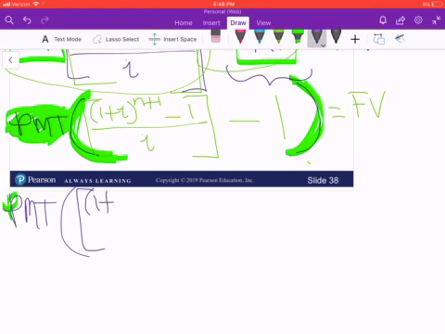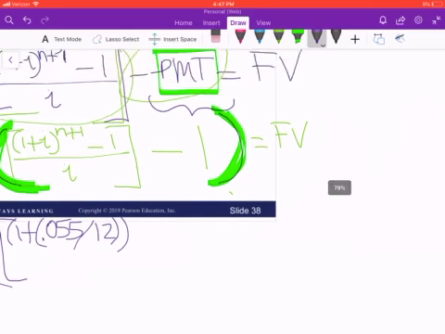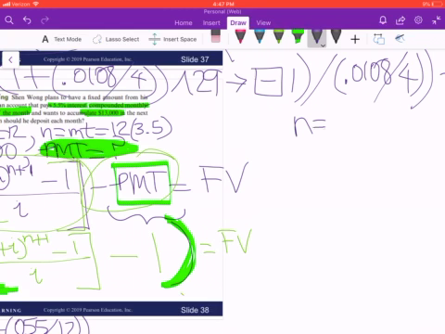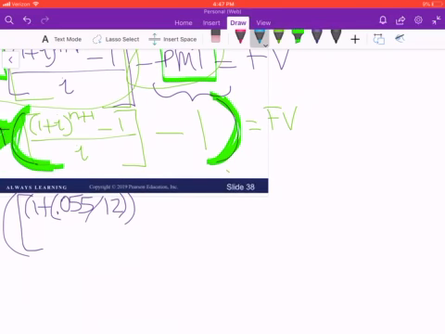So this is going to be 1 plus I, which is equal to 0.055 divided by 12. That's R over M. We close the parentheses once again, and then we will have to use the exponent. And in this case, n is equal to m times t. Oh, we had it here, but we just didn't finish it. So that was 12 times 3.5 is 42. However, for the formula, we need n plus 1. And so that will be 43, because 42 plus 1 is 43. So that is the exponent that we need here. And then we also need a minus 1,